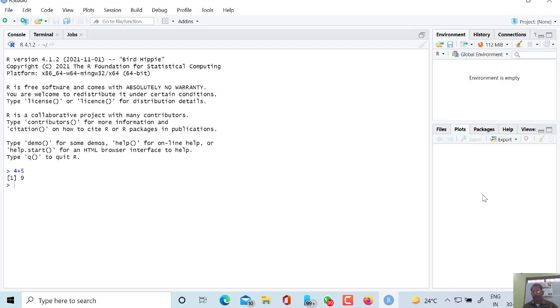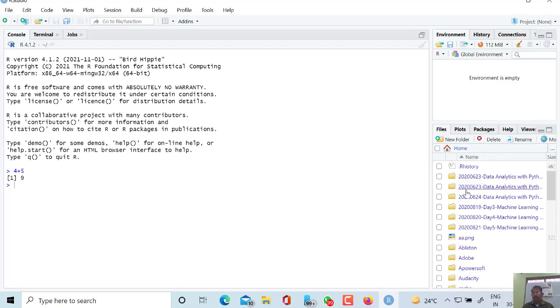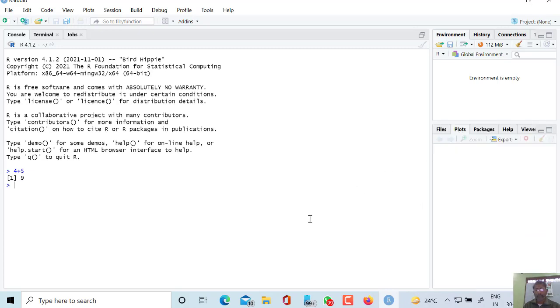This is the third part. This is a very important part, and in this window, files, plots, packages, help, everything is given. Files means it shows the files of the current directory. Plots means if you have a program for plotting, then that plot will be displayed here.